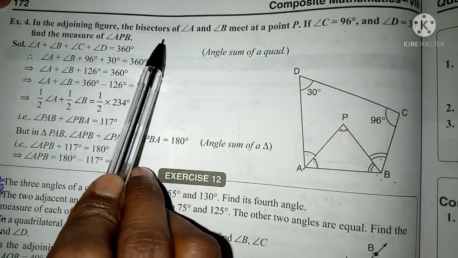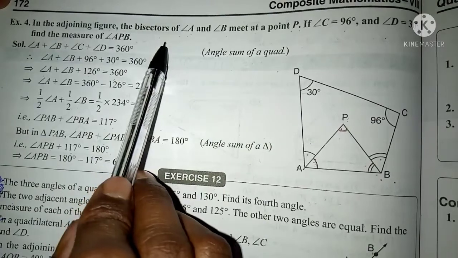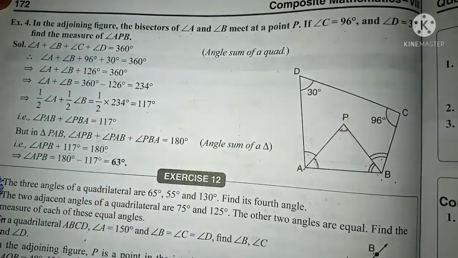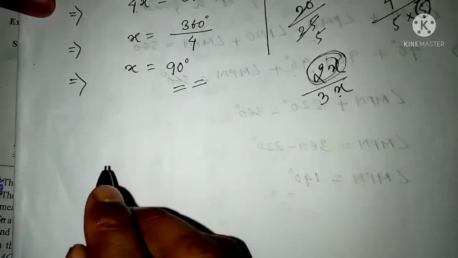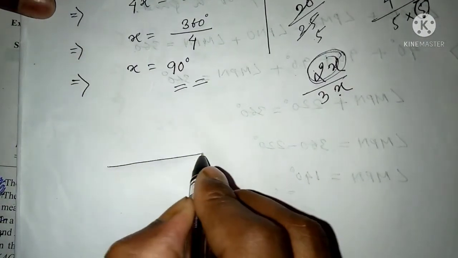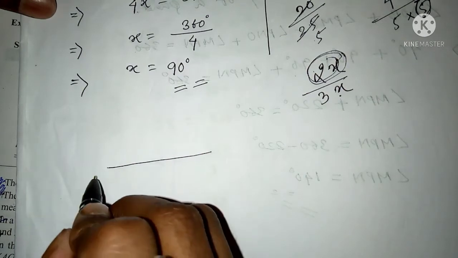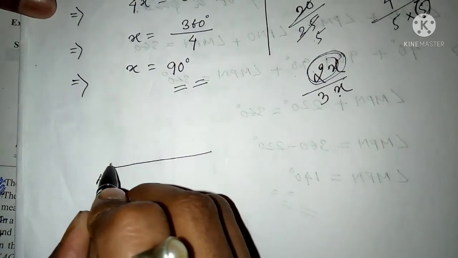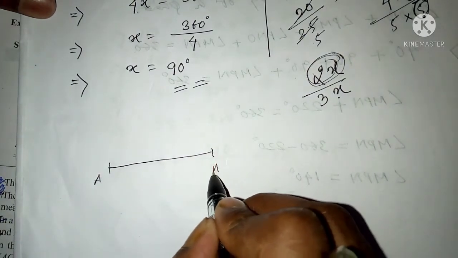First of all, what I need to know is what bisector means here. Bisect means actually to divide anything equally. Now see, let me explain with an example here. Say I have a line here, actually not a line, it is a line segment. I have assumed here I have a line segment, that is A and B.